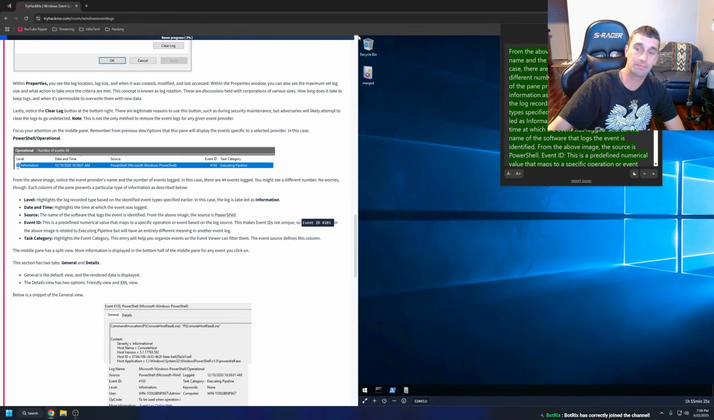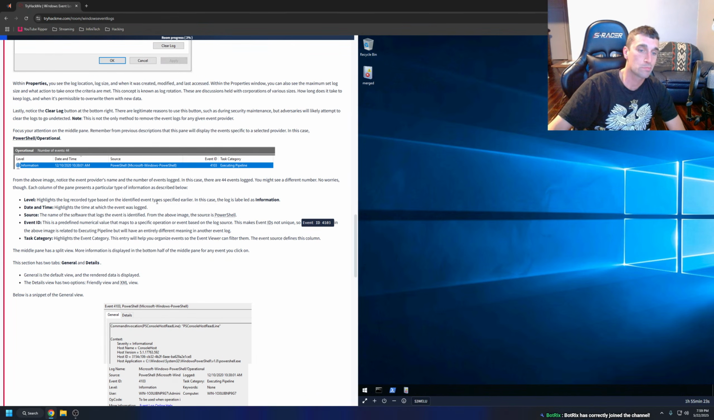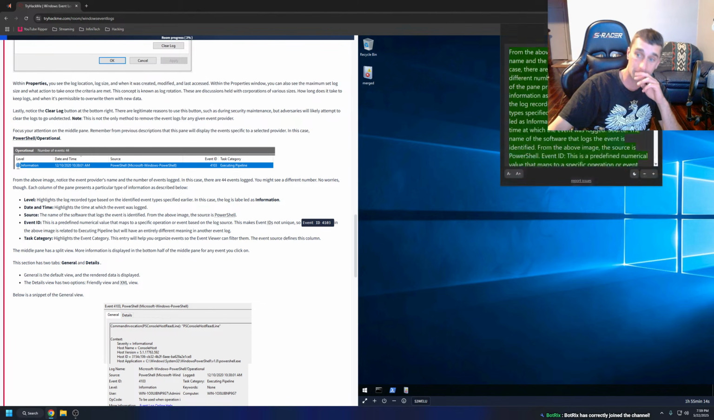Alright. On the identified event type specified earlier. In this case, the log is labeled as information. Date and time highlights the